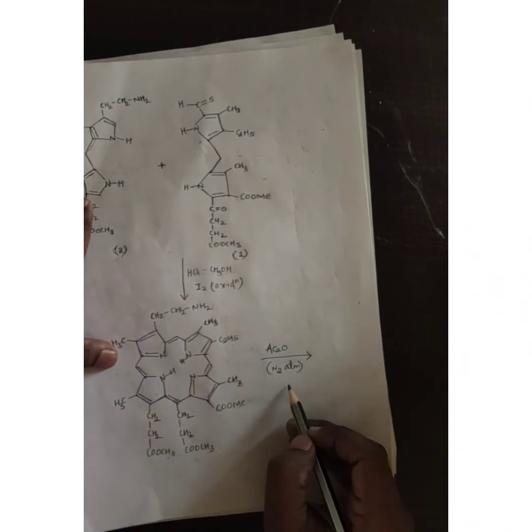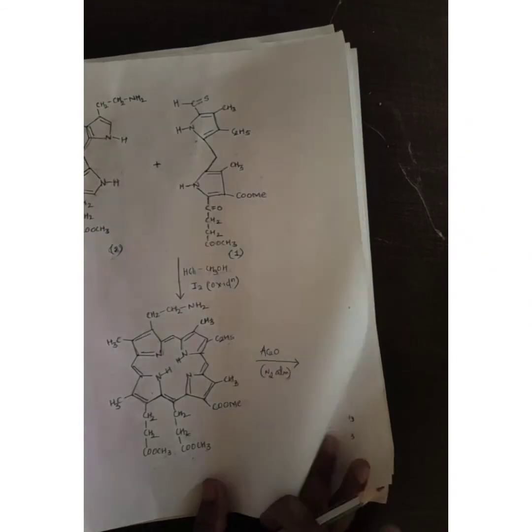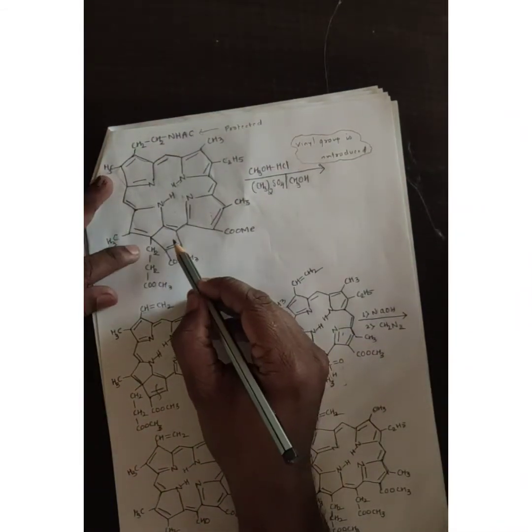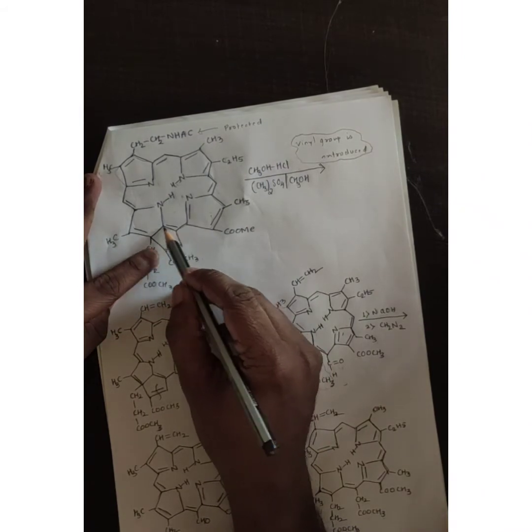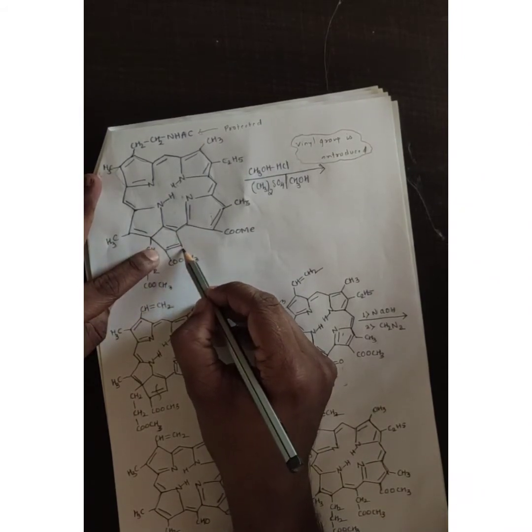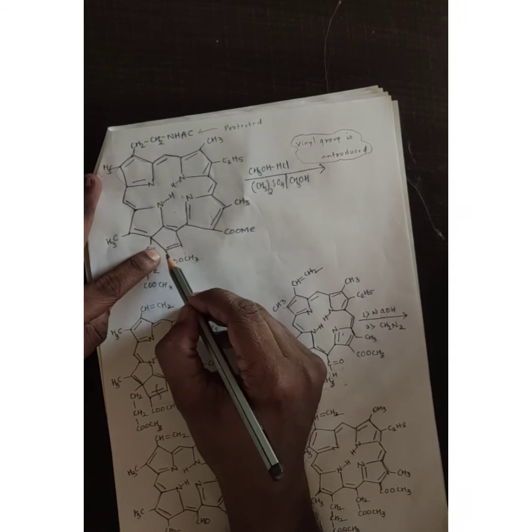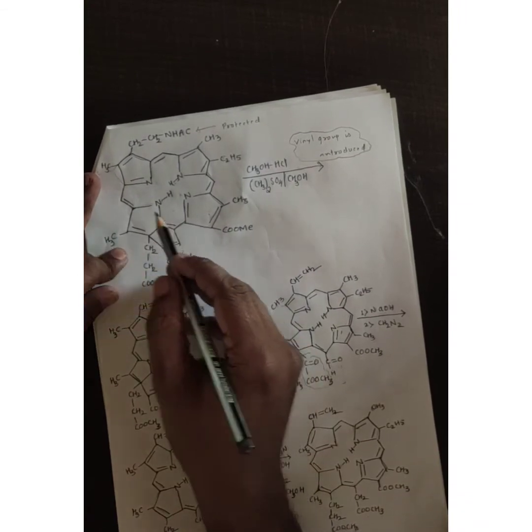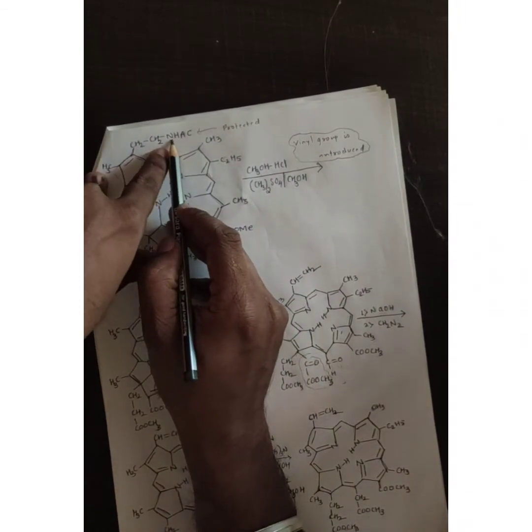When I treat with acetone and N2 in atmospheric pressure, that is nitrogen, what I will get is the same structure. So the 5-membered ring is formed. Here it was C=O, CH2 CH2 CO CH3, right? So here CH2 CH2 CO CH3, a 5-membered ring has been formed, and here NH2 is converted to NHAc. Now in every step you just need to remember what is getting converted to what. If you remember that, then the synthesis will be very easy to remember and very easy to understand also.